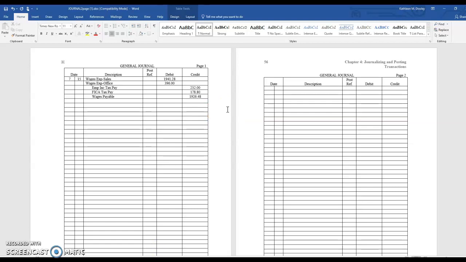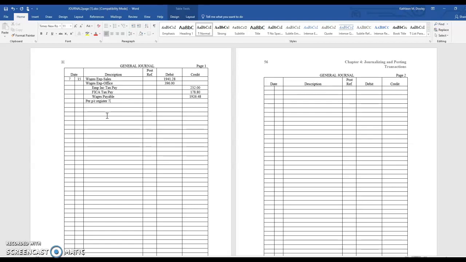Okay, I'm going to take a look and see if my debits equal my credits. So I just added my debits up. That's 233,728. Now I'm going to add up my credits. And that also equals 233,728. My debits equal my credits. So then I can put my explanation, and you can say per payroll